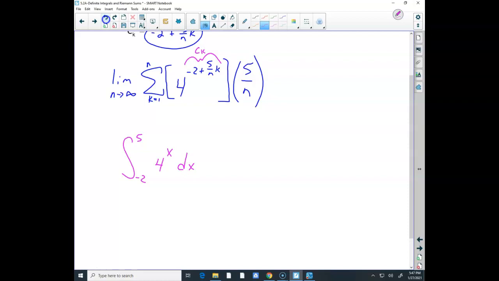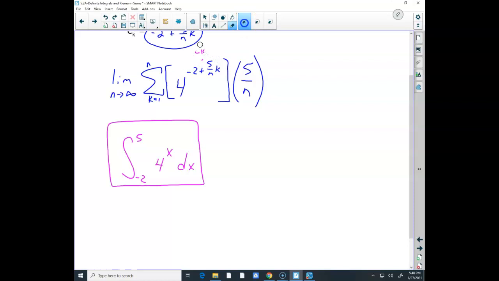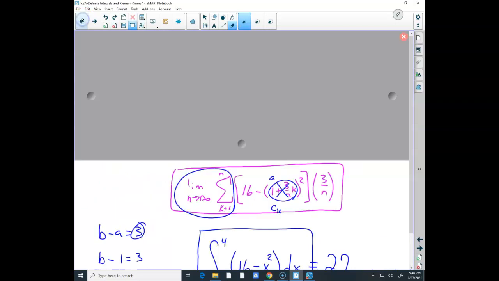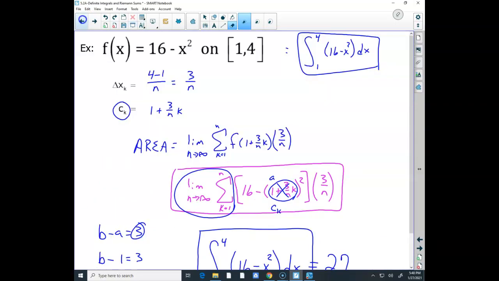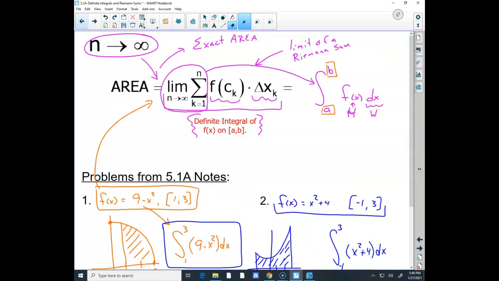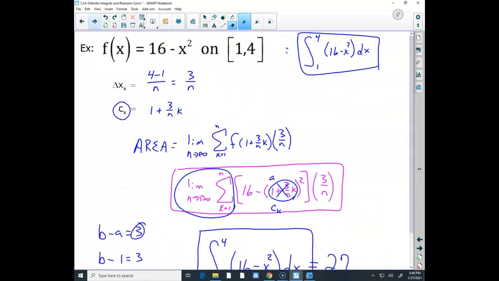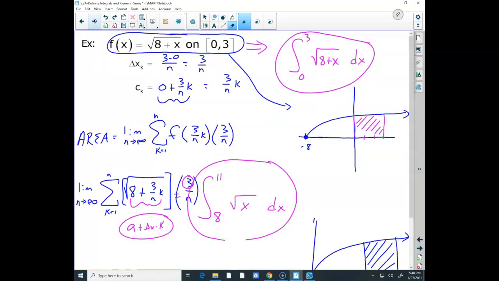But what if I wanted to start my integral at 0 using a horizontal transformation? This may be one of your choices, it doesn't have to be. Let's come back here and say, what if I start at 0? Notice, if I start at 0, what is my c sub